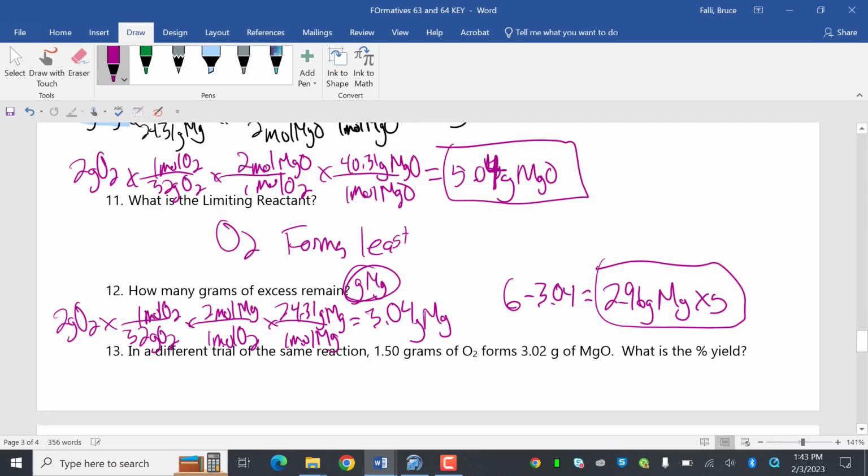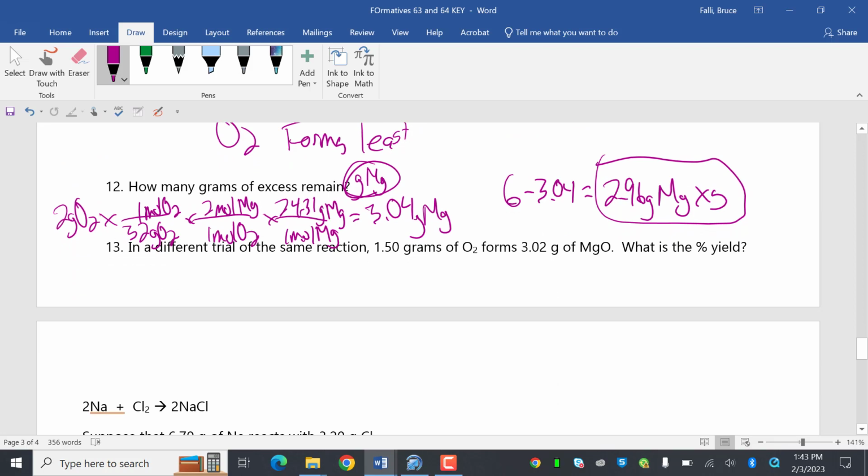All right. In a different trial, the same reaction, 1.50 grams of O2 forms 3.02 grams of MgO. What's the percent yield? Notice here I took away the limiting reactant part, but it's going to make 3.02 grams of MgO. So I'm going to take my 1.50 grams of O2 and convert it into